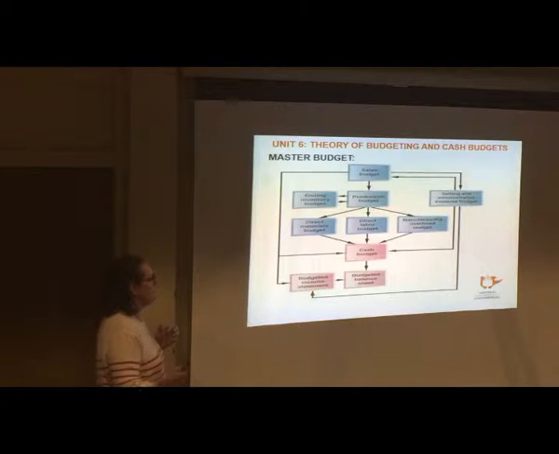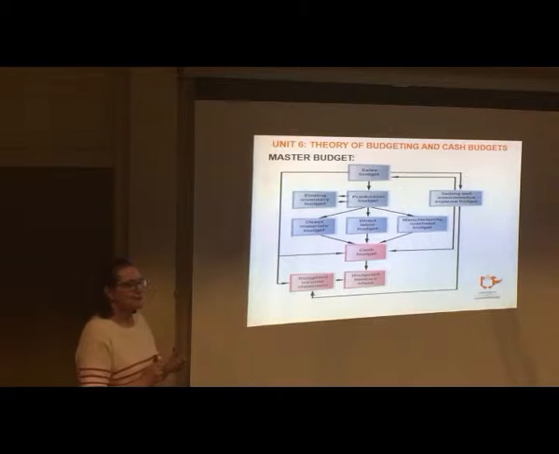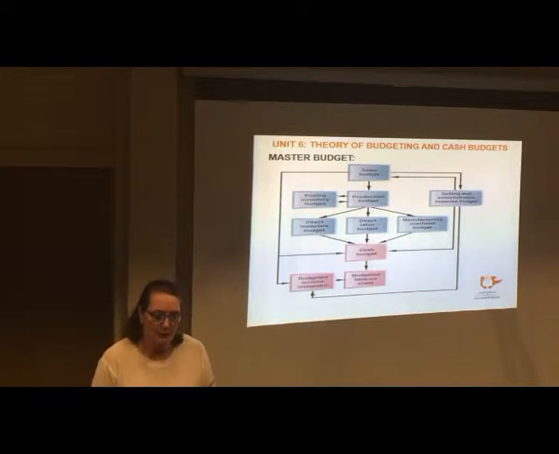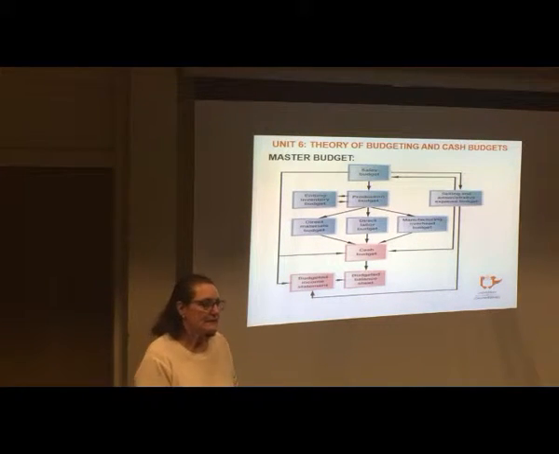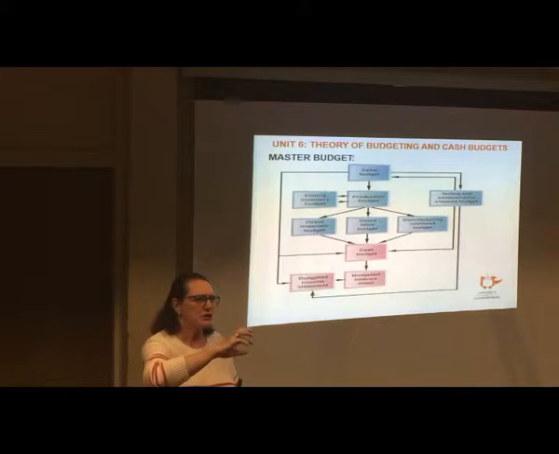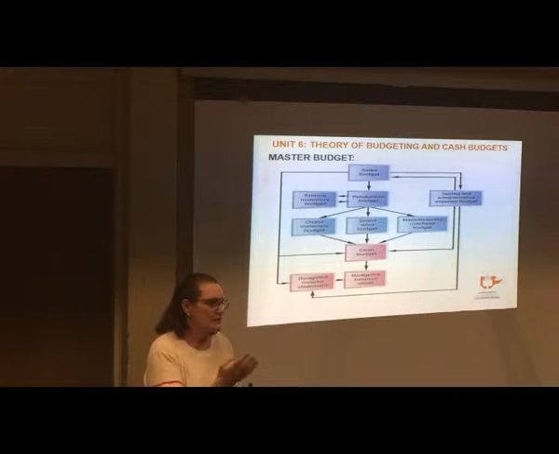Okay, so this is your picture, which I actually have on the handout as well. It gives you an idea of how everything fits together. The first lecture example we're going to do is up here. We're going to be looking at preparing the production budget. The reason I want to do this example in a lot of detail is that I think it was lecture example 3 when we looked at the different cost drivers driving the allocation of costs to the products, and a lot of you struggled with that.